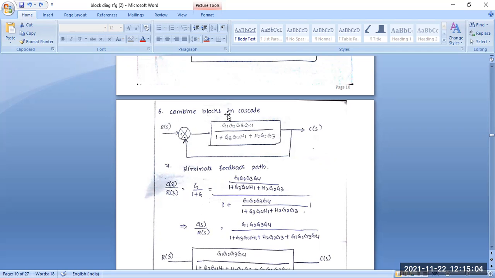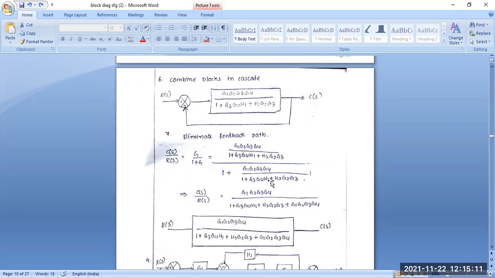So the equation is coming. These are basically G. You can see these are basically G by 1 plus G also. So now we have to calculate these equations. Similarly, here you can see this portion and this portion are cancelling. The equation is G1, G2, G3, G4 by 1 plus G3, G4, H1 plus H2, G2, G3 plus G1, G2, G3, G4. Okay. So this is basically the complete transfer function of the given problem.